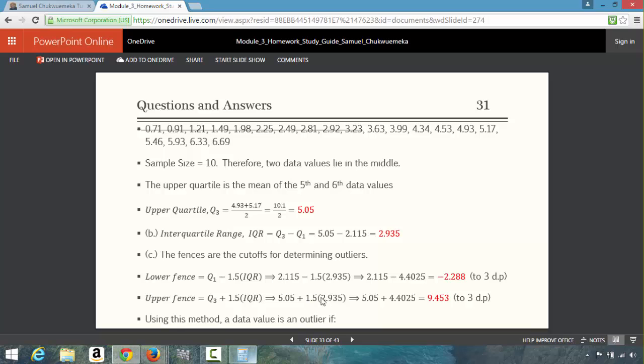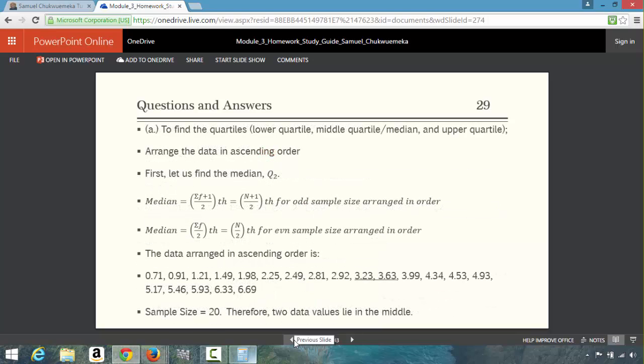Of course, you do PEMDAS. PEMDAS, please excuse my dear Aunt Sally. You do the parentheses, multiplication. You do the multiplication first before you subtract, or before you add. You do the multiplication first. So if you look at this now, negative 2.288 and then 9.453. You come to this data and see whether you have